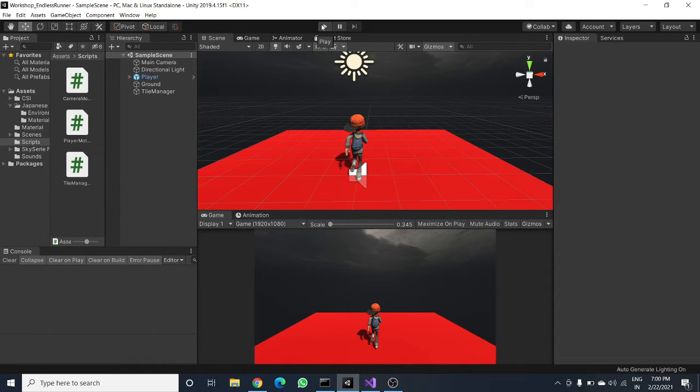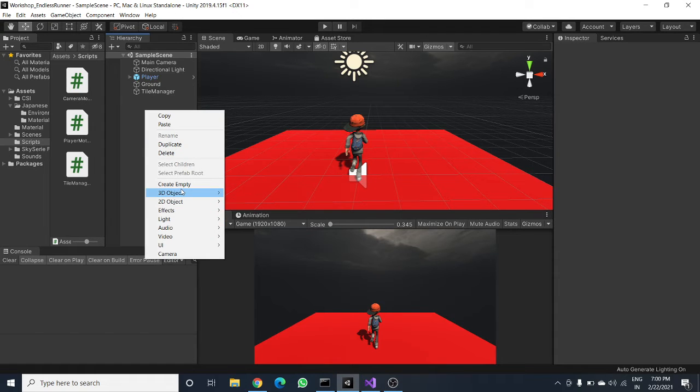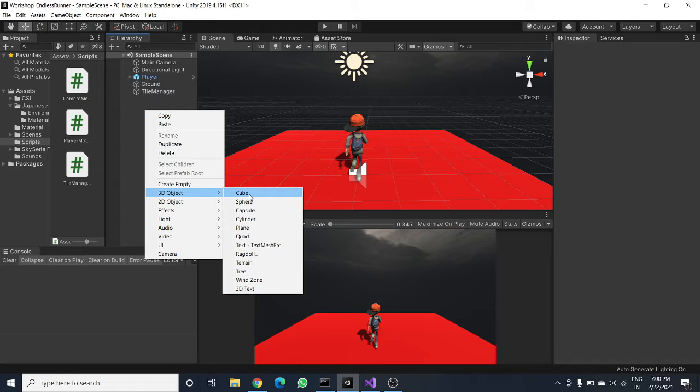So in this game we require our time. We are calculating how long the player is playing the game. For this we require some user interface. We want to show them the time. So let's begin with the user interfaces. Right click on your hierarchy and go ahead and create a